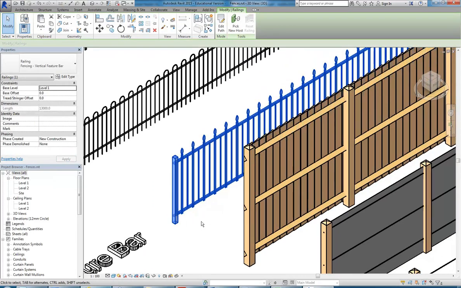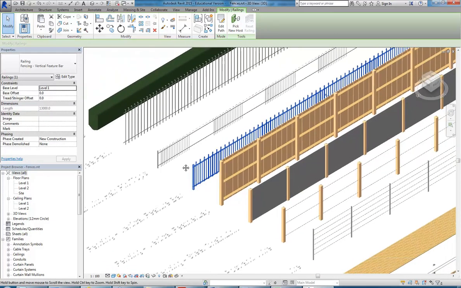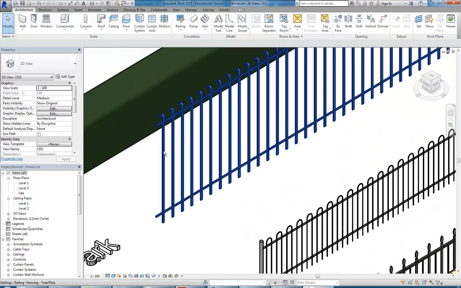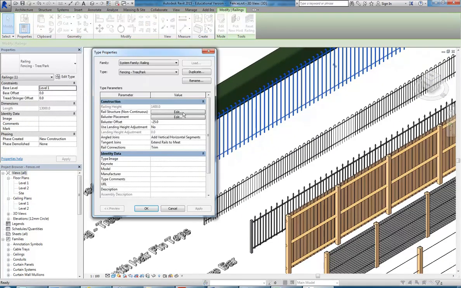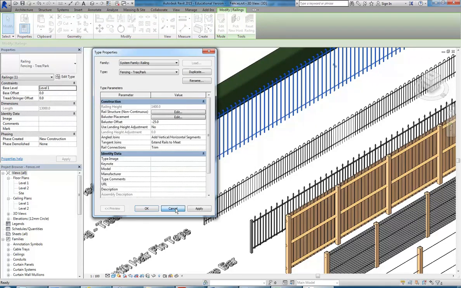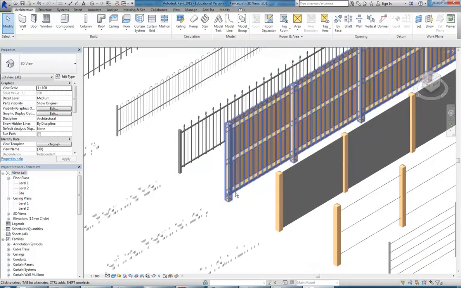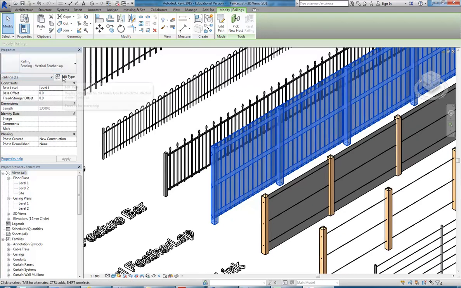And so now I can put it into this file then. Well, actually let's just look at this one here, that might even be better. If we look at that one, you can see it's only got one baluster family. I'm just going to show you one more before I start loading it in. So this one is actually the closest to what I'm going to set up. If I show you the way it's done,